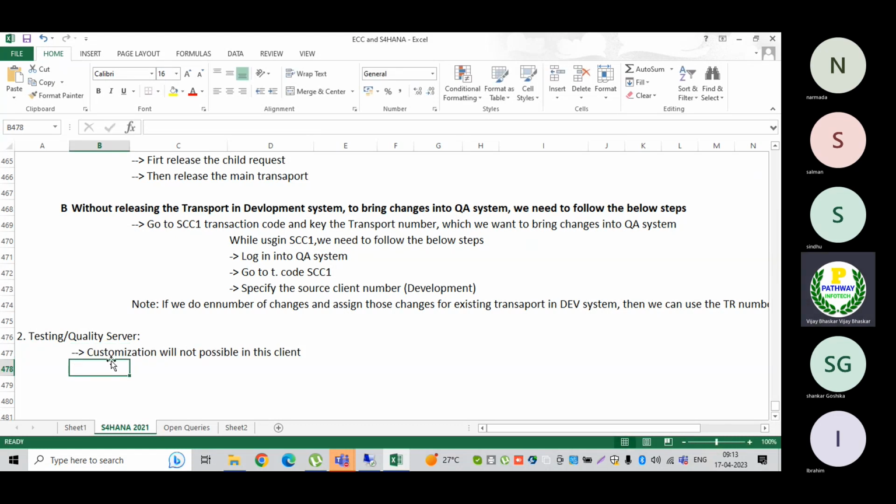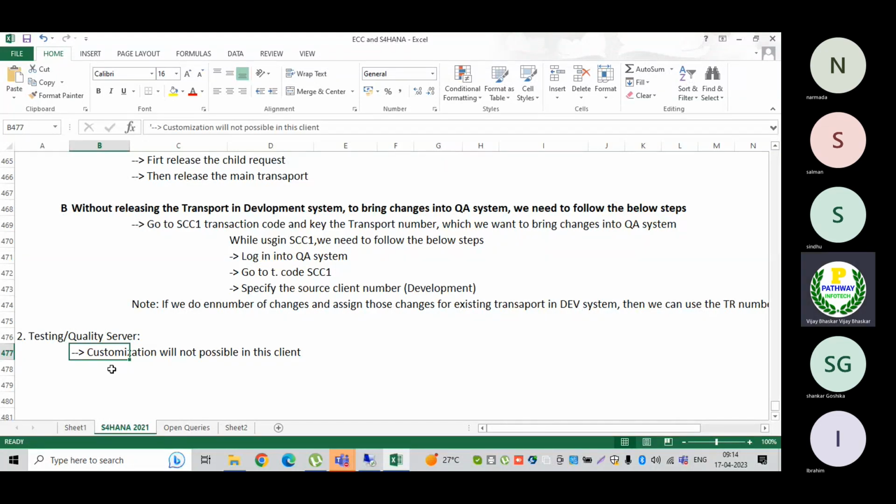If you want to create some company code, when I say customization, remember wherever the transport request is generated by the system, if you are doing some changes, then those changes will be associated with your transport request. Then those changes will not be allowed.